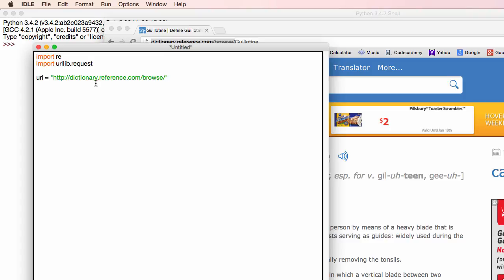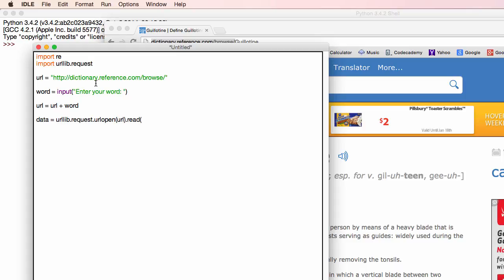Cool. The next step we need to do is take input from the user. So we're going to say word is equal to input in brackets, "Enter your word ". Simple. Do a space. Now let's make our URL up to date. So url is equal to url plus word. Then let's get the data. So data is equal to urllib.request.urlopen, and then open our URL,